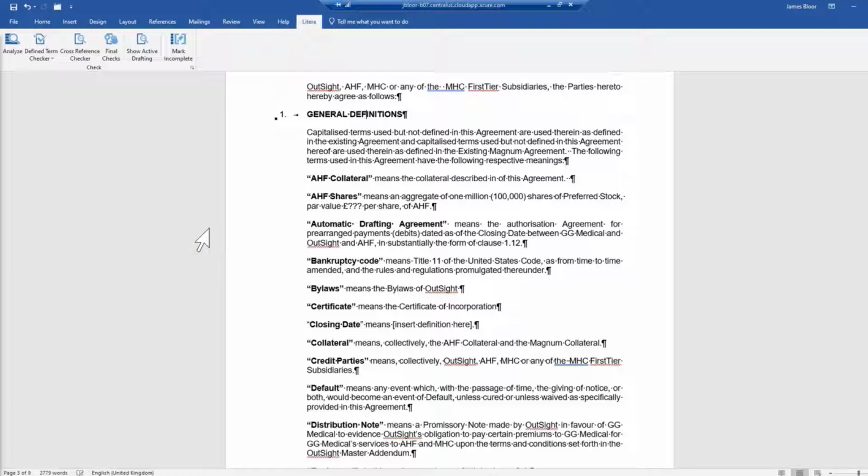and ensure the terms are used and defined consistently through the document, and navigate through the categorized items: used not defined, defined not used, inconsistent capitalization, defined not capitalized, or out of alphabetical order, and we'll look at examples of each of those. The Litera ribbon,